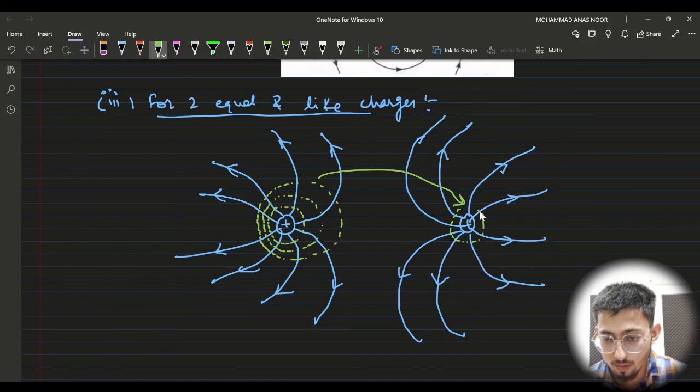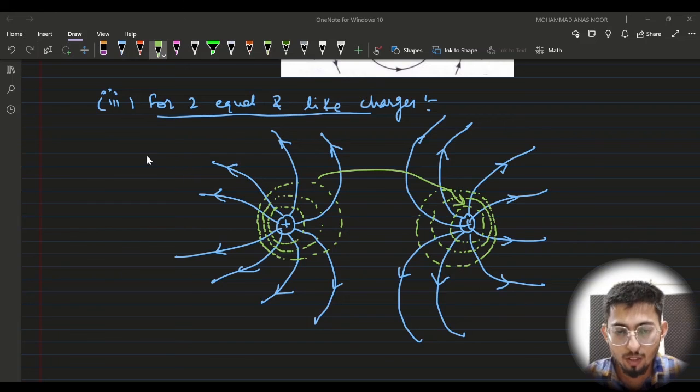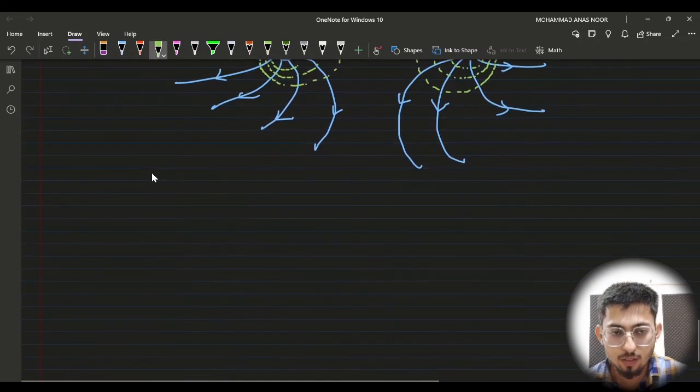That happens, far apart on this side. So we have completed. Now the final thing